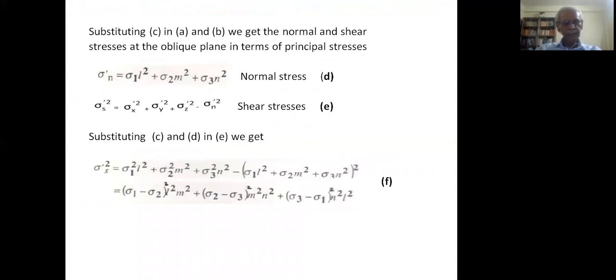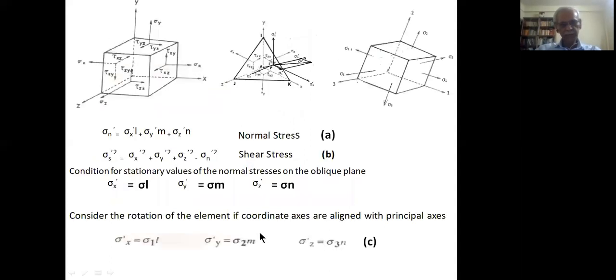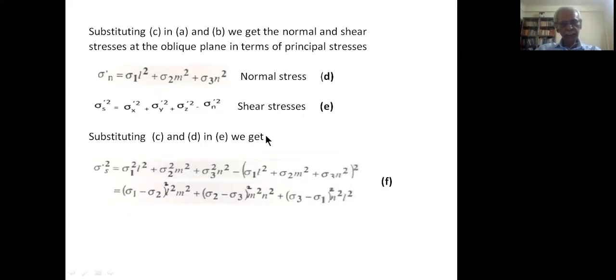We have written the shear stress on the oblique plane in terms of principal stress and the direction cosine. That is in equation F, and it is very simple. If you substitute equation C from here into E, you will